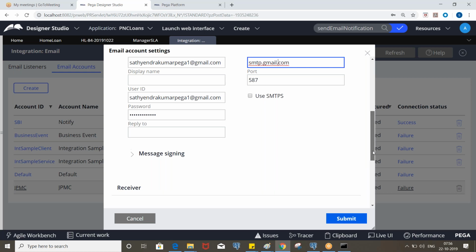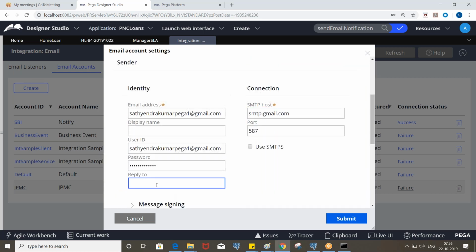Clear? The reply to also you can put some email ID, so once we send an email they can reply back to that, and those reply emails will be received by this. So usually reply to also will be the same as this.